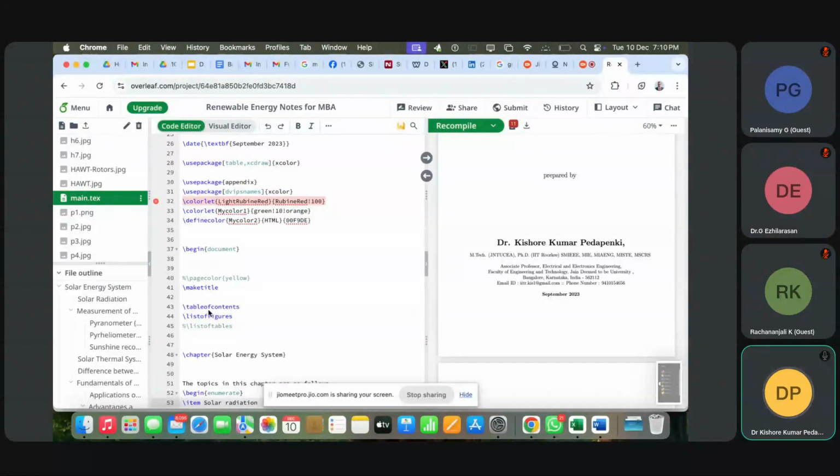Those are table of contents and list of figures. Maybe many of you might have completed your MTech and BTech. So in those MTech and BTech, you might have written your thesis or dissertations. So everyone knows what difficulty you are facing in that. Correct? What is the difficulty you are facing in that? For example, I am writing my PhD thesis.